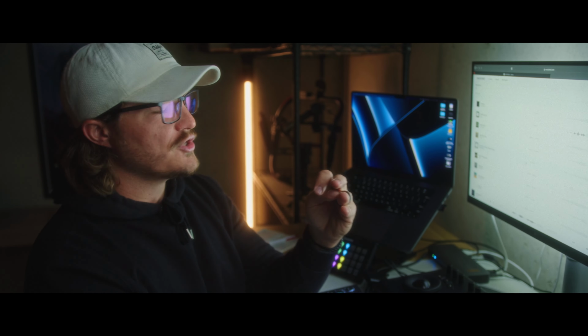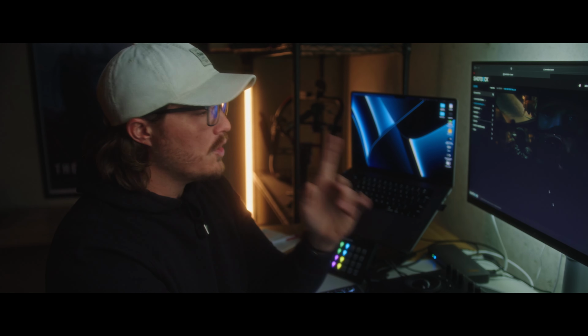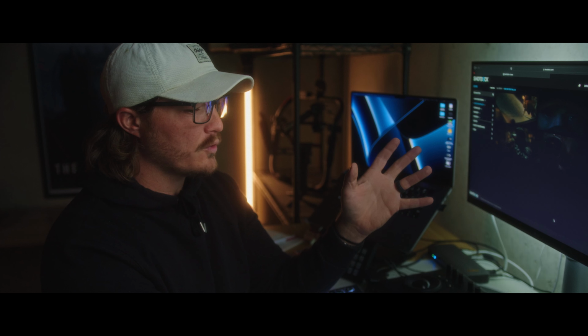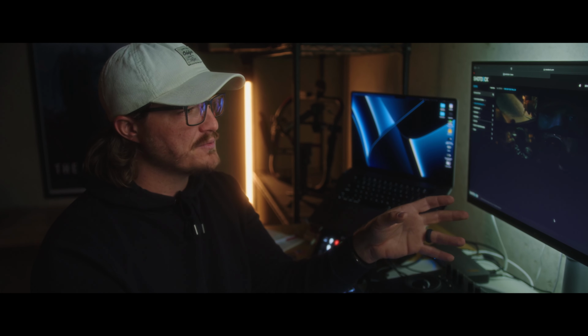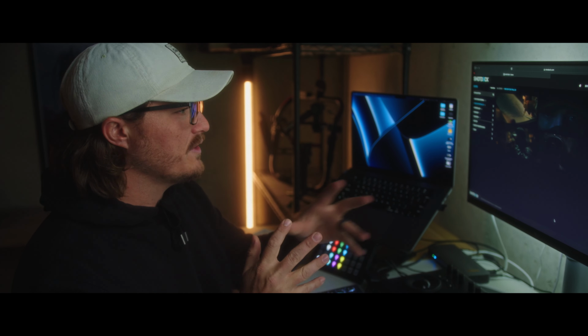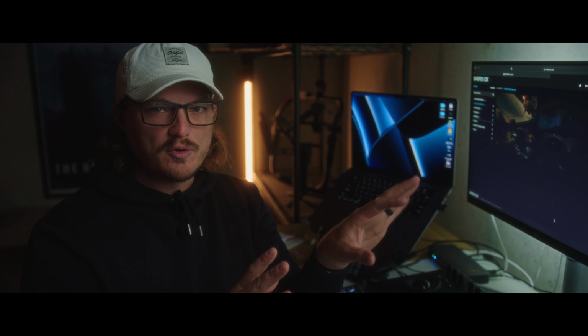So picturing where your music is going to come in your film is important. Don't overdo it with music. And like I said, I'm not married to those songs. Those are just songs that, more than anything, help set the tone for the film. I'll listen to this before I film, trying to put my mind in the right mood and the right headspace for this film. So now that I've found the visual references and I've got music inspiration,